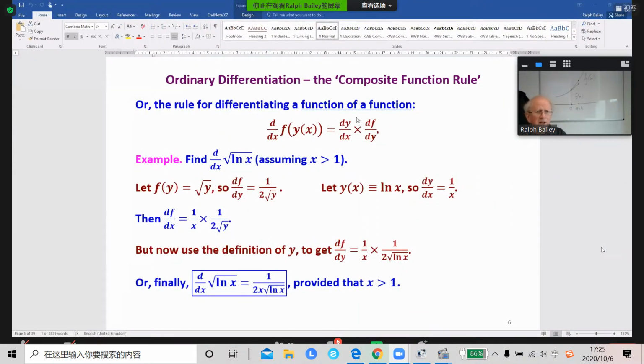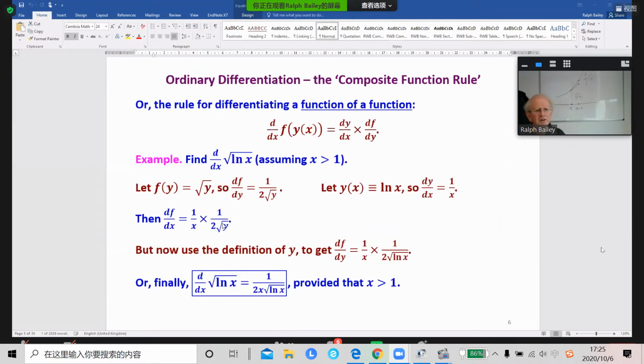How do we apply this formula? Well, "let" is a great word to make clear what you're doing. So let f of y be the square root of y. And then what about y itself? Let y equal log of x. Then you've got the two things you need to use this formula. And the answer is, as I have here,